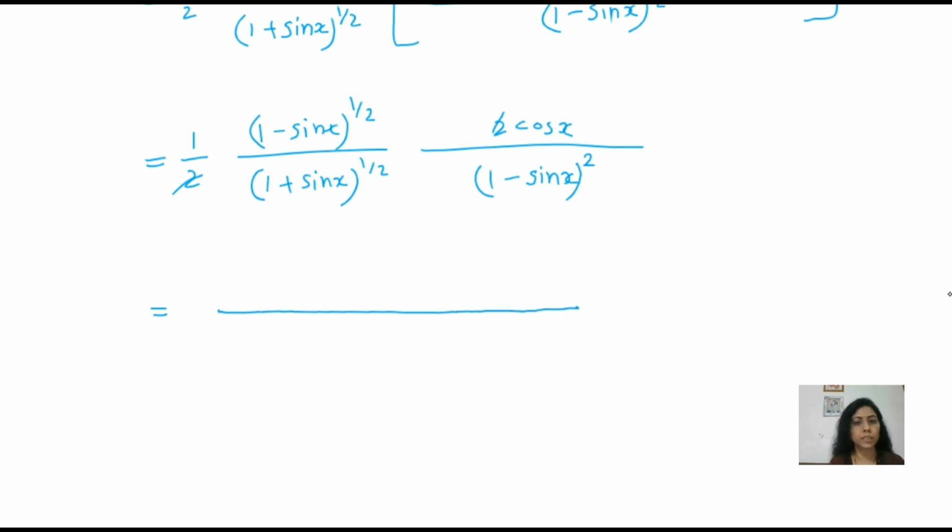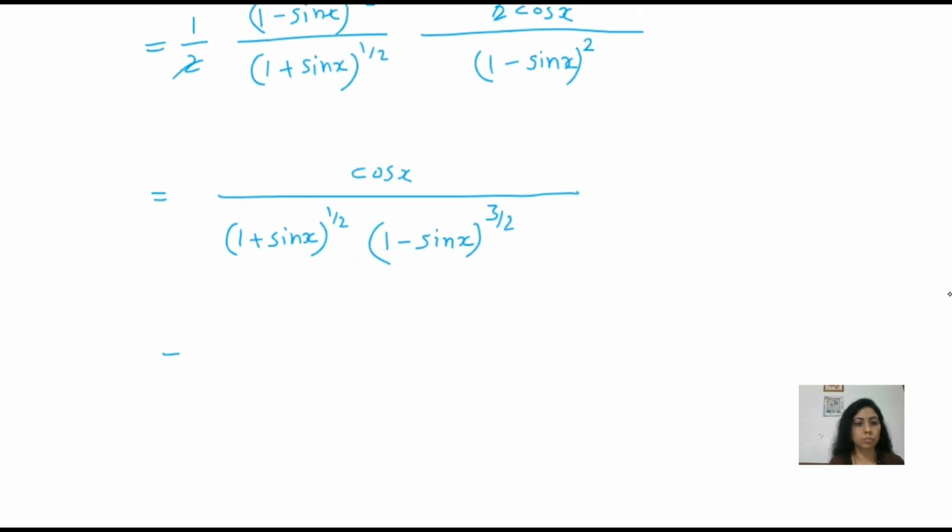So we can write this cos x in the numerator, (1 plus sin x) to the power 1/2, and this is (1 minus sin x) to the power 2 minus 1/2, which is 3/2, 2 minus half is 1.5, so cos x (1 plus sin x) to the power 1/2,